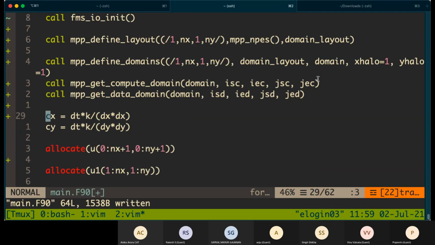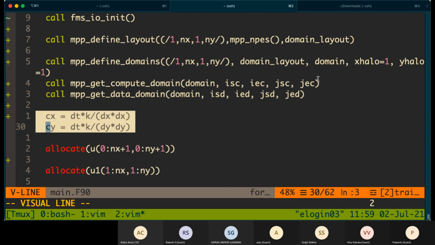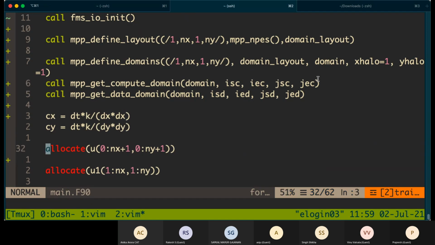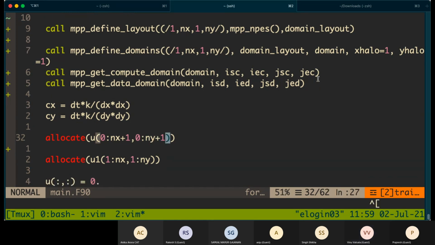Now we can proceed to allocate the array. Prajesh, I have one doubt here. Suppose you have a 3-dimensional variable, so you have to accommodate that dimension also in the allocate, right? Yes, in the allocate. We'll do the 2-dimensional array allocation, then we'll see the third dimension also.